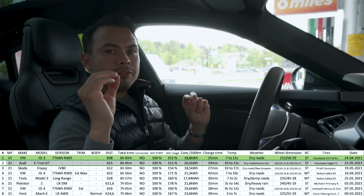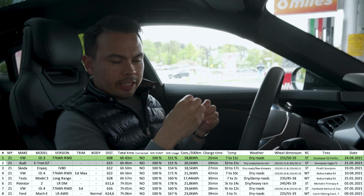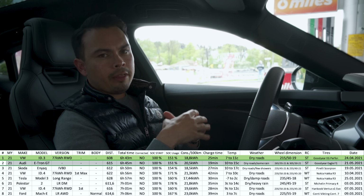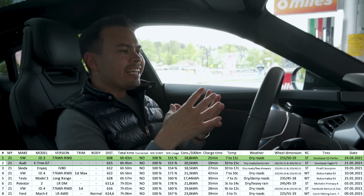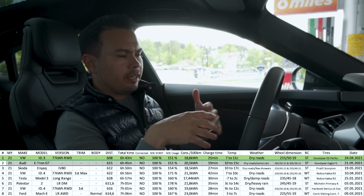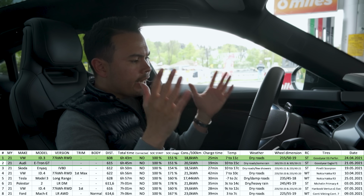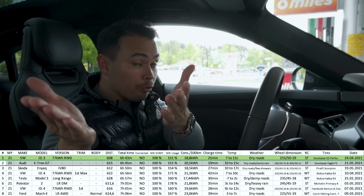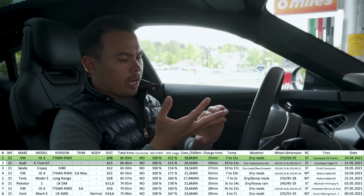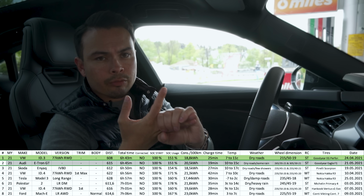But I think looking at the chart, comparing the cars, you can get a very good idea to see where the cars stack up against each other, and also the charging time and the consumption. So we're collecting a lot of data here, and it's a bit of fun because this is a race. It is a time attack, pitting these cars against each other. But like in the real world, where most of you are probably using your EVs, you have traffic, you have to decide where to stop to charge, what kind of charging speed you can get from the chargers,